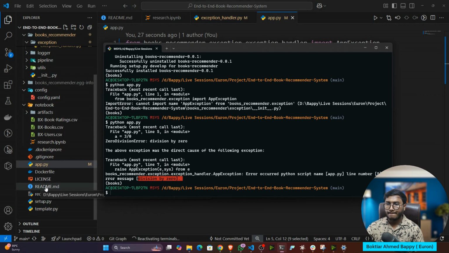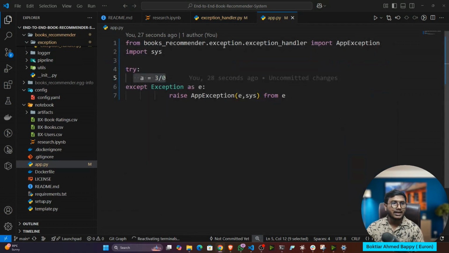Helpful, right? So that's why we have written our custom exception handler.